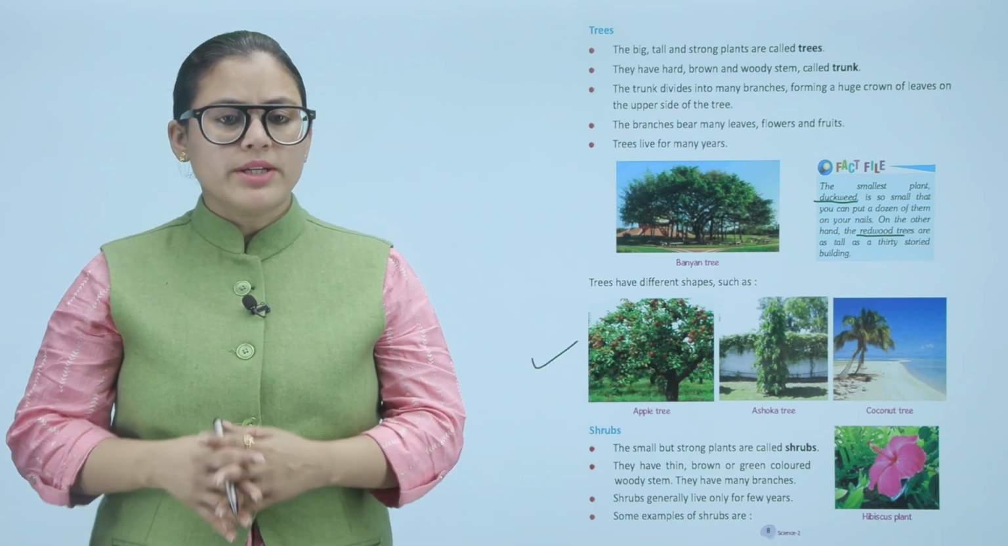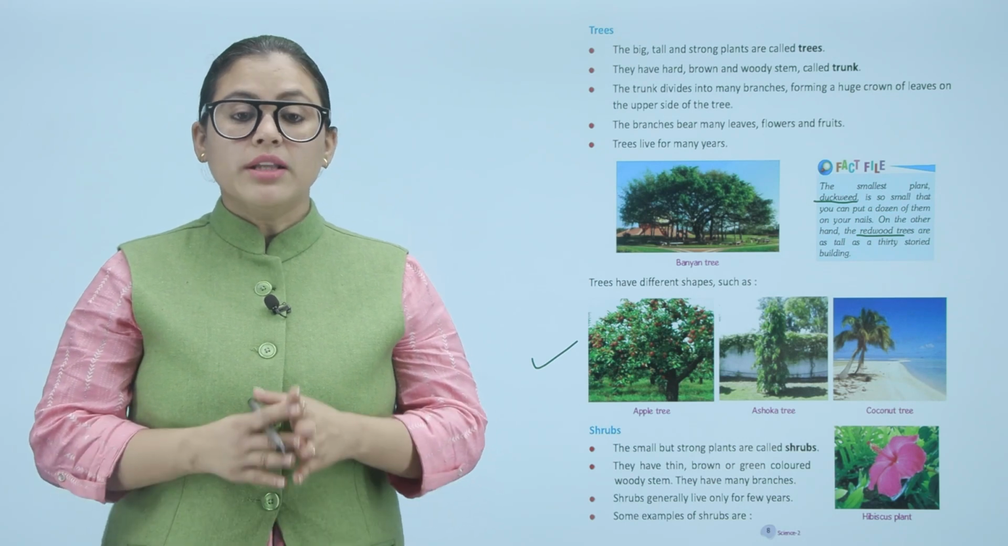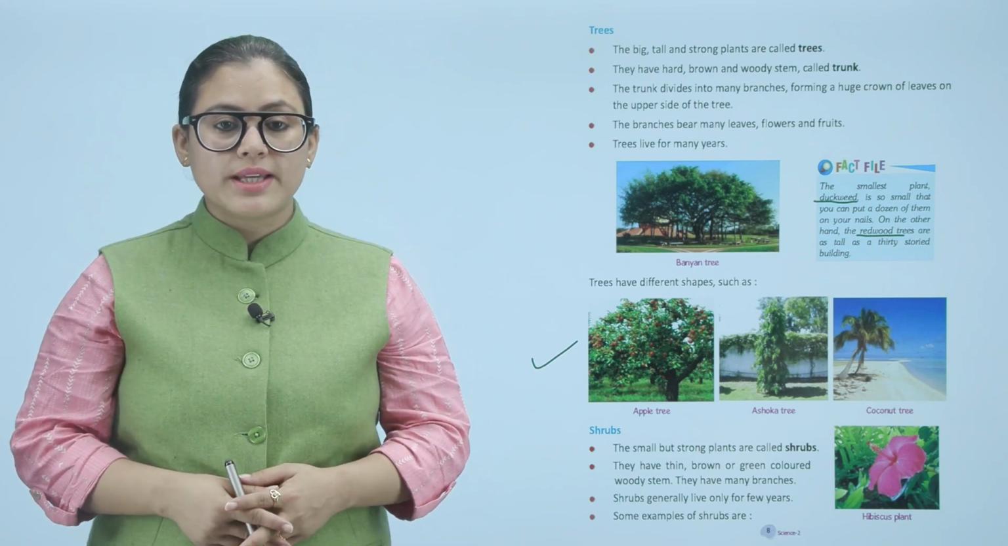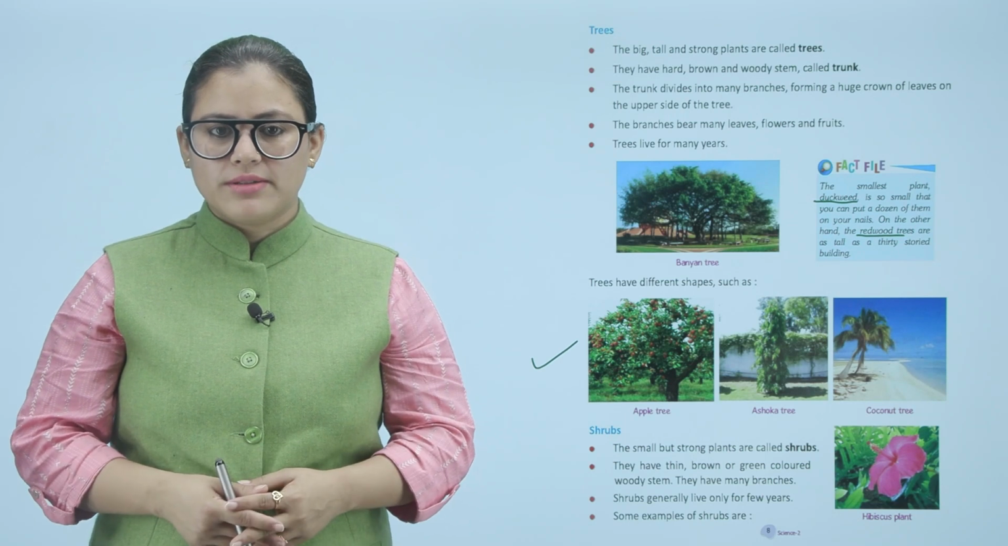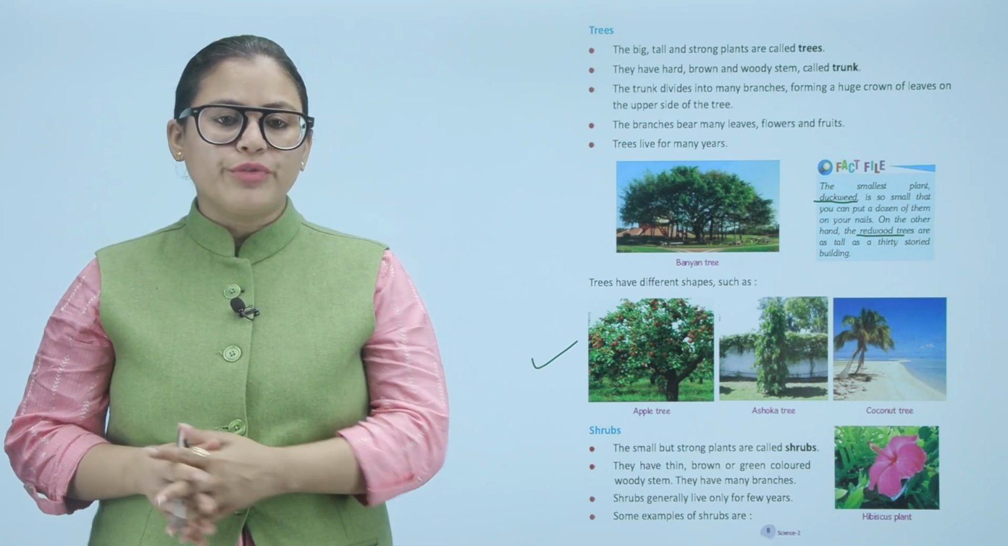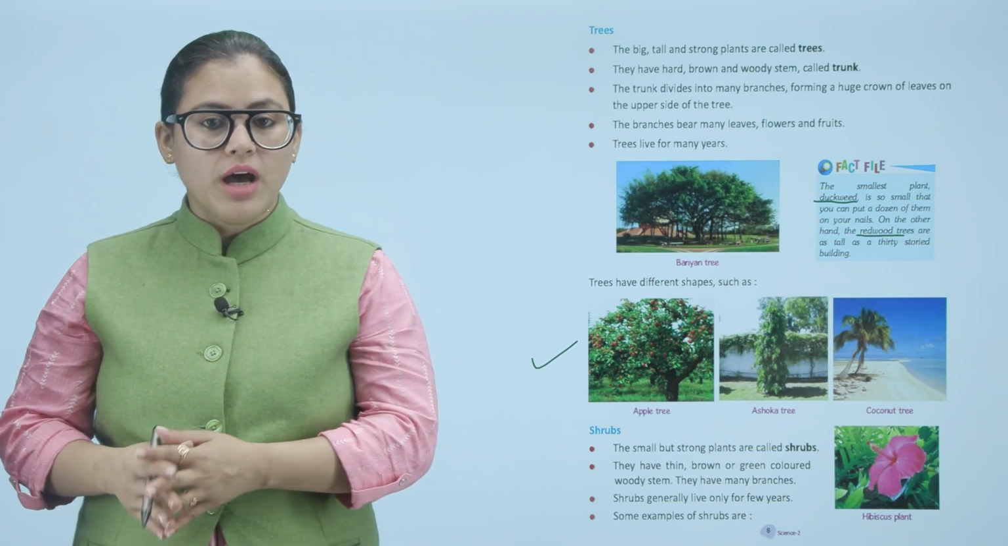Shrubs. The small but strong plants are called shrubs. They have thin brown or green colored woody stem. They have many branches. Shrubs generally live only for few years. Some examples of shrubs are: